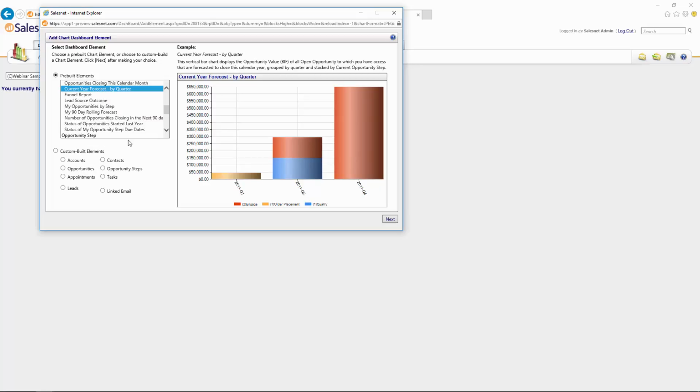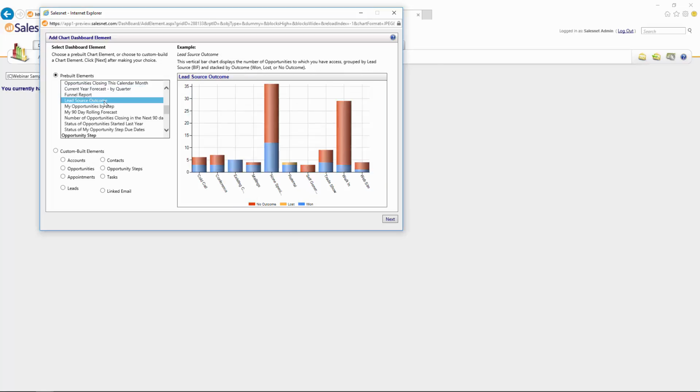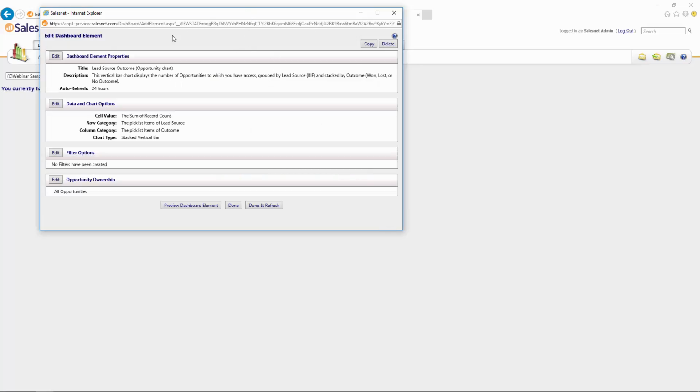We're going to start with the pre-built element so that you can see how easy it is to get some information back to this dashboard page that you can then use or modify. I click Next. I'm presented with the properties of this element. Again, I can change the name at this point or any of the filtering and selection here. But I'm just going to click Done and refresh, and that will put the element on my page and give